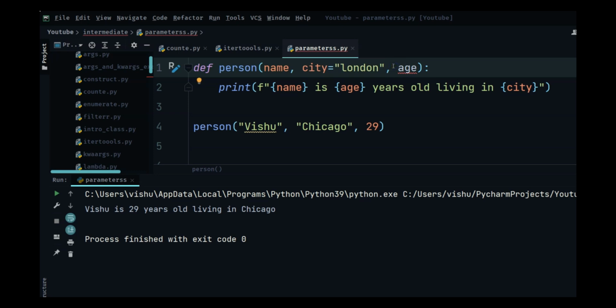Every parameter after that, I can put hobbies, I can put weight, I can put height, everything needs to have a default value. So always remember that if you want to set a variable with a default value, put it at the end, and that would be much better when writing code because you don't have to worry about which ones are required and which ones are positional. Even if you forget, it's going to have a default value.